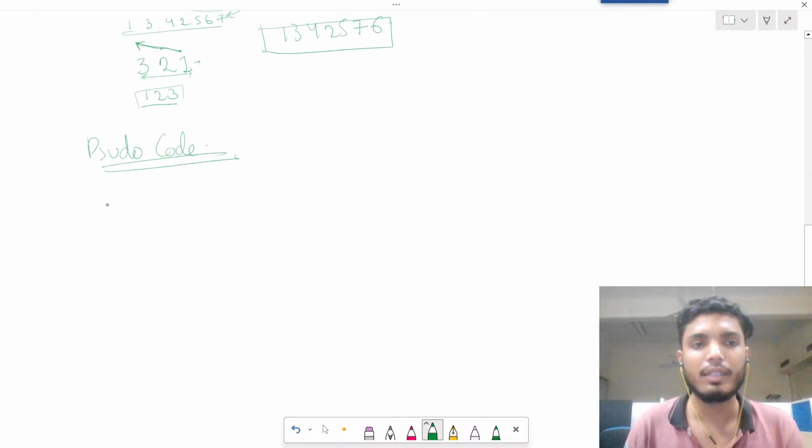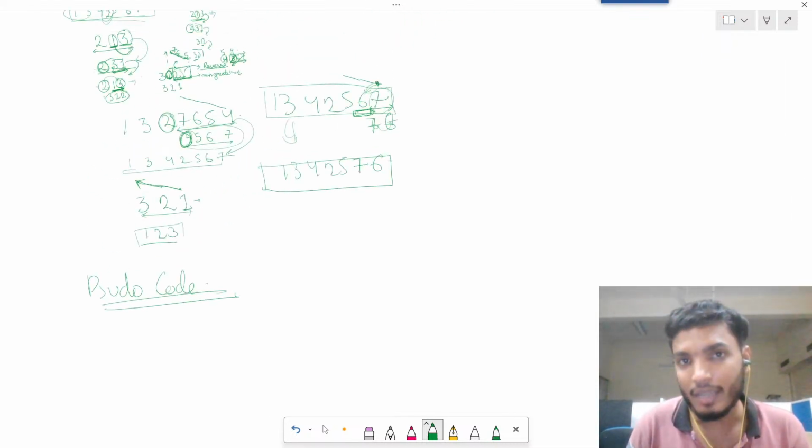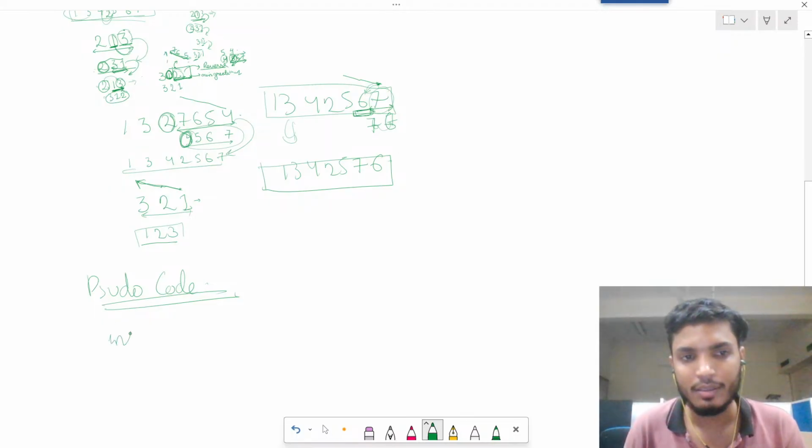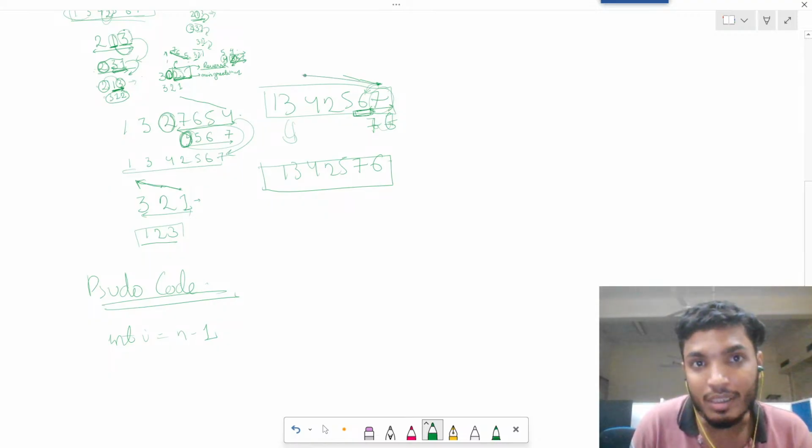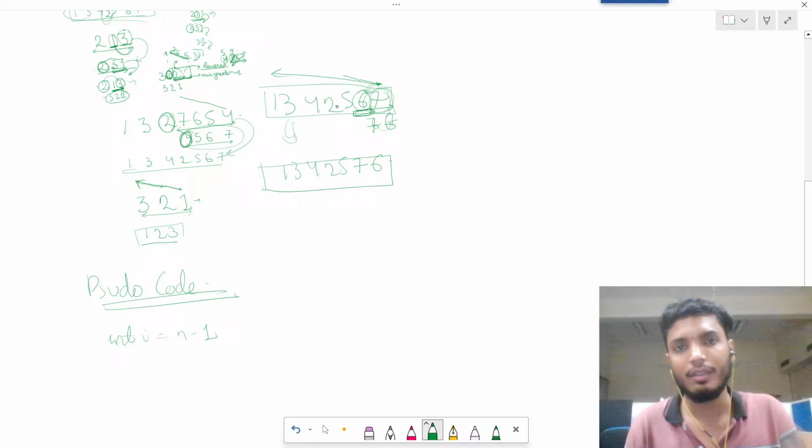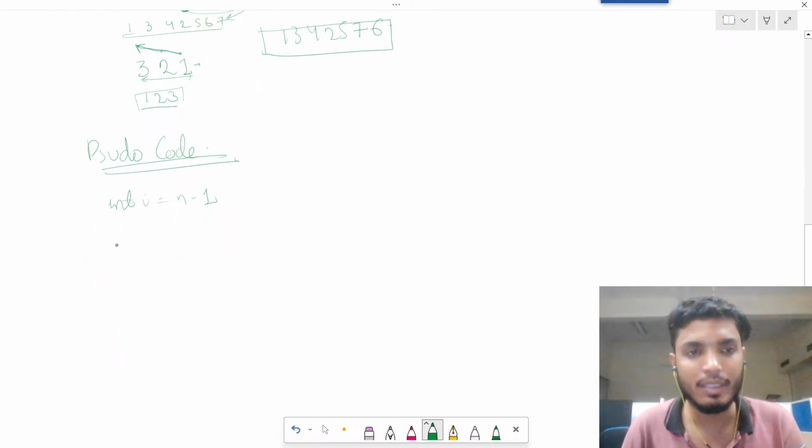So pseudo code में क्या करना है, फर्स्ट you are checking, you are starting at this point, so suppose I equals n minus 1, and you will be moving to this point and you will be comparing with the just number to the left part. Okay, so you will be checking while, let me use the red pen,